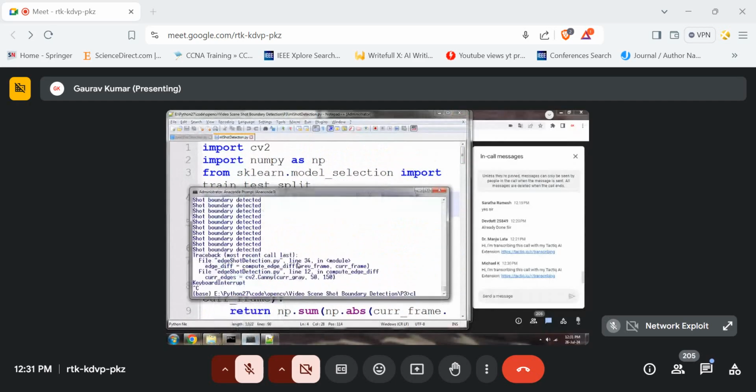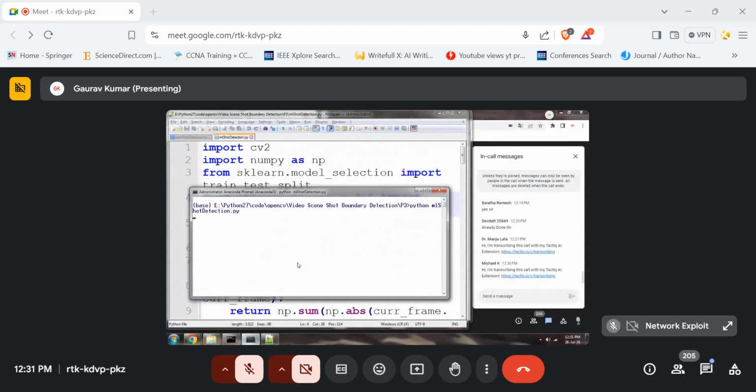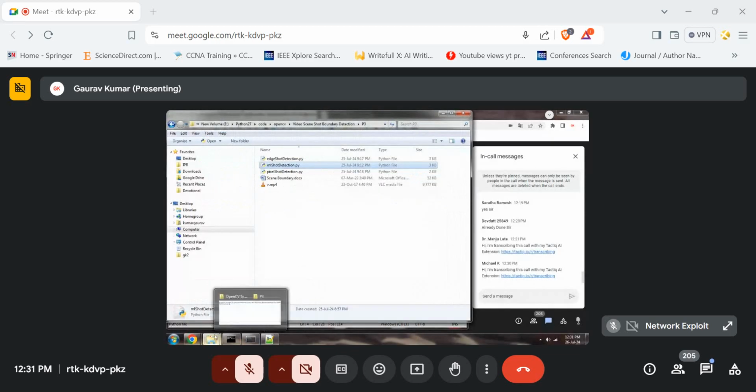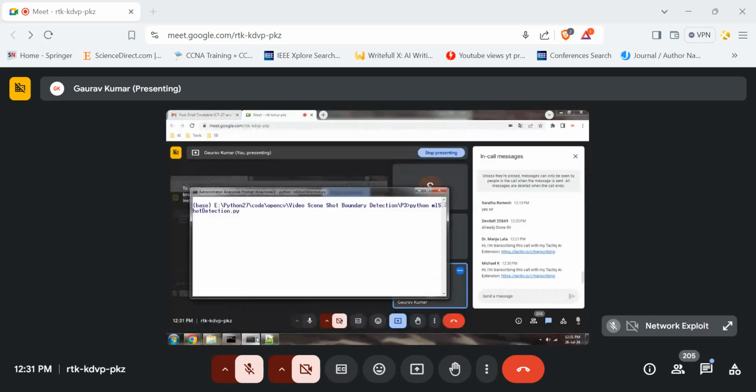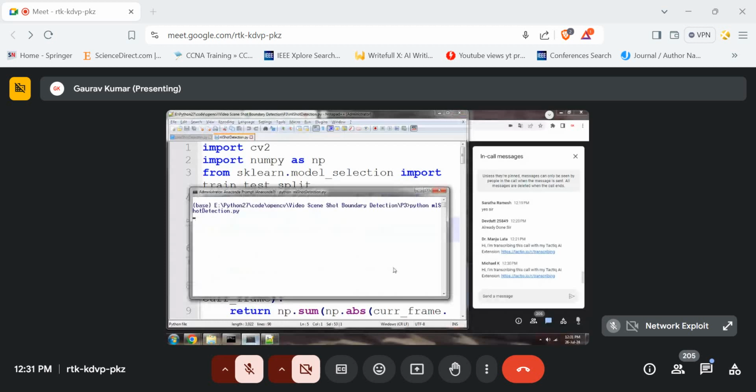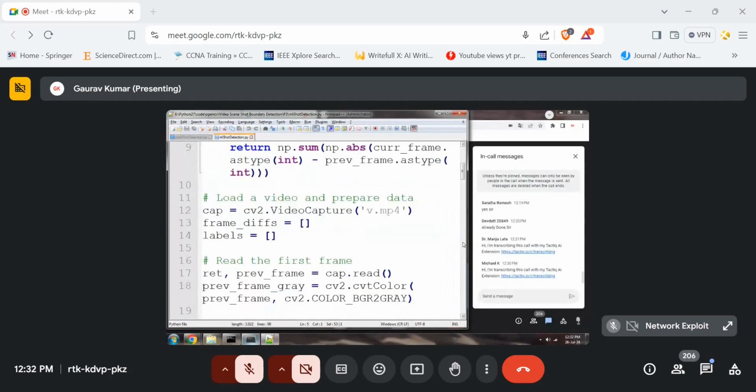ML shot detection, and you can see sklearn is used. You can use classical machine learning with scikit-learn, or you can use deep learning with TensorFlow, with Keras,